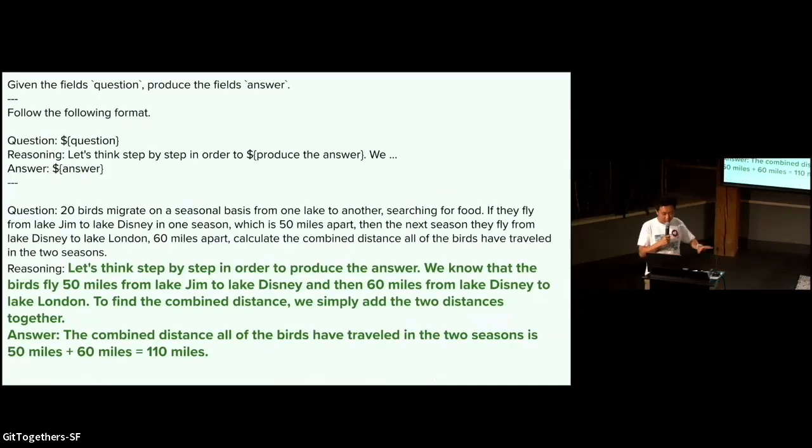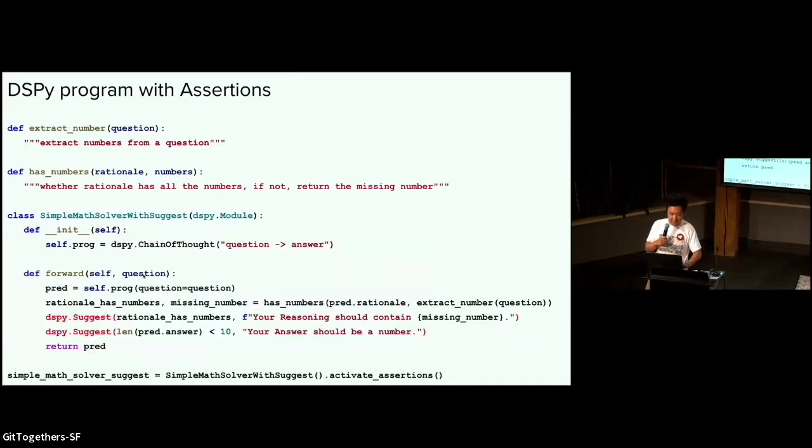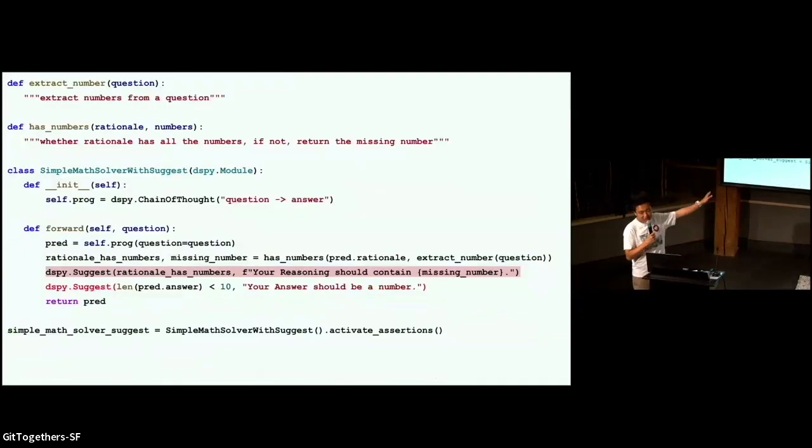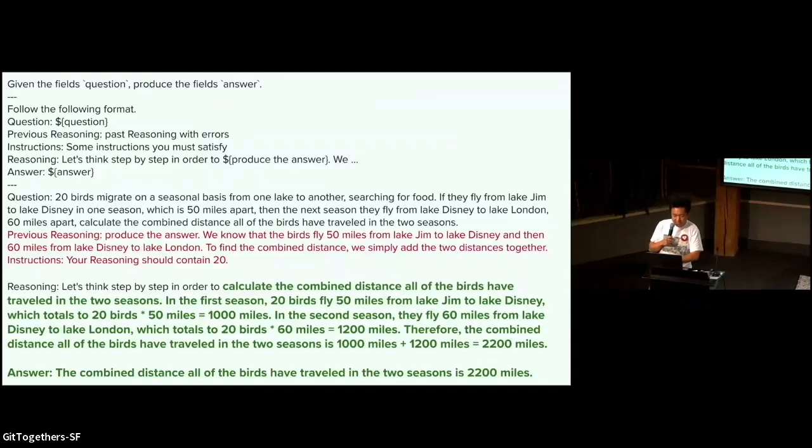So let's see what the language model will do for this particular program. In the first call to the language model, it will still generate the same response, because the program executes this line here, so it hasn't seen any of the suggestions. Then the first suggestion evaluates to false, because you don't really have the number 20 in your reasoning. And what happens is that we backtrack to the erroring module, and we put the previous reasoning into the prompt as well,